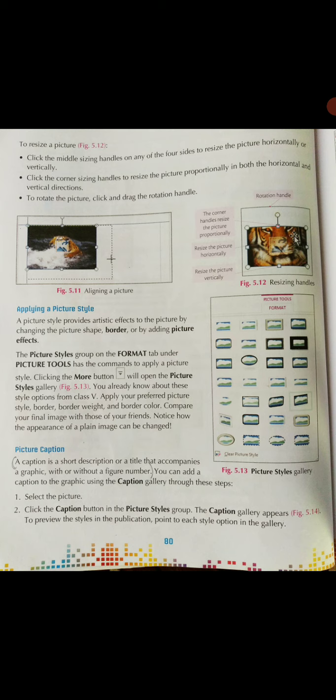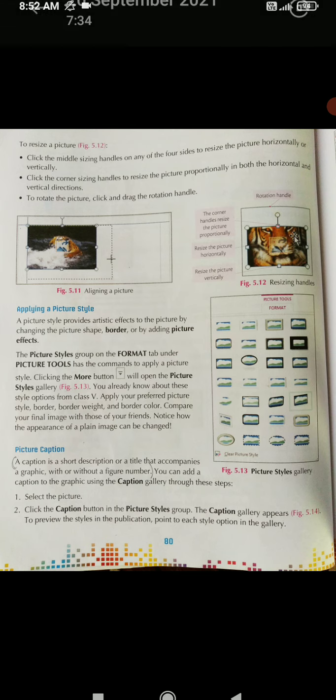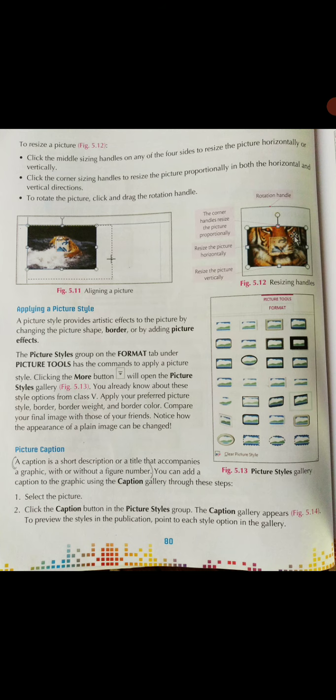Firstly, select the picture. You will write firstly, comma, select the picture. Full stop. Then step 2. Click the caption button in the picture style group.